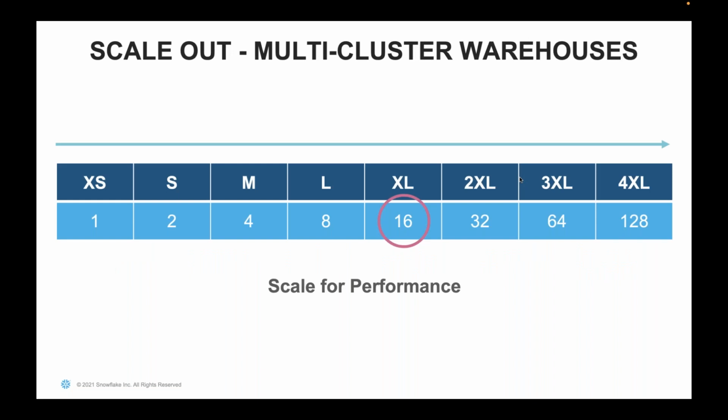Snowflake says that we provide you the nodes with a t-shirt size. How does our t-shirt size work? Extra small, small, medium, large, XL, 2XL, 3XL, and 4XL. Now, they have 5XL as well, which is 256. So extra small has one node. What is one node? It means one CPU and 8 gigabytes of RAM. Small has two nodes clubbed together, which is having two CPUs and 16 gigabytes of RAM.